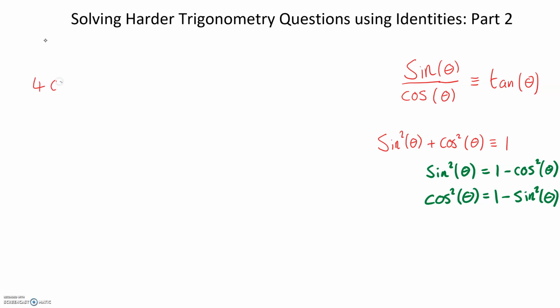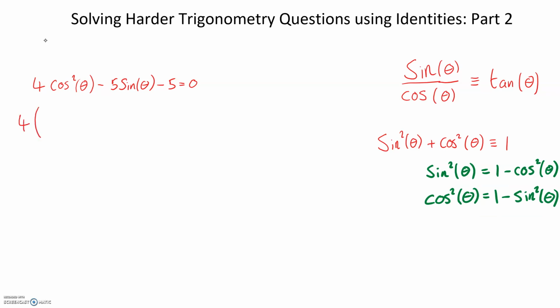Let's look at the example 4 cos squared theta minus 5 sine theta minus 5 equals 0. This equation clearly has a mixture of cos thetas and sine thetas, and we're going to use the identities in order to convert. Now, you always want to convert the terms that are easiest to substitute using your identities, and because our identities are always involving squared amounts, we definitely want to be converting the cos squared into sines, not the sine into coses. If we are doing so using the identity that I've got in the bottom right hand corner,